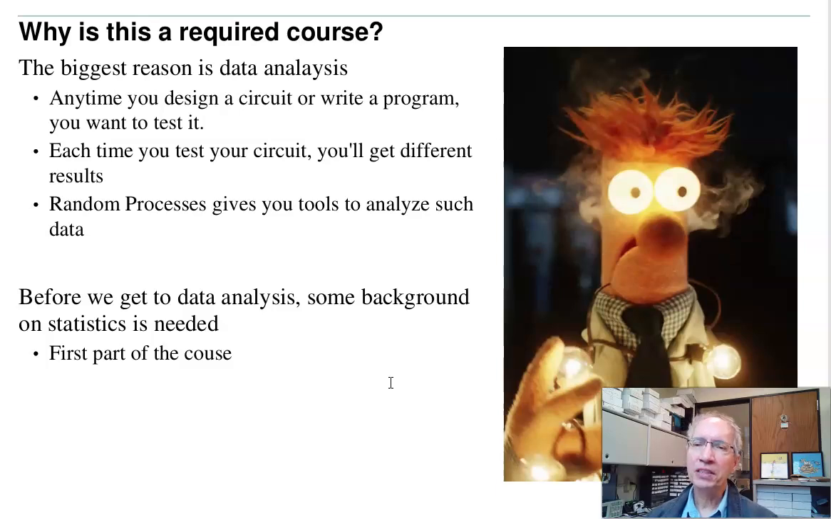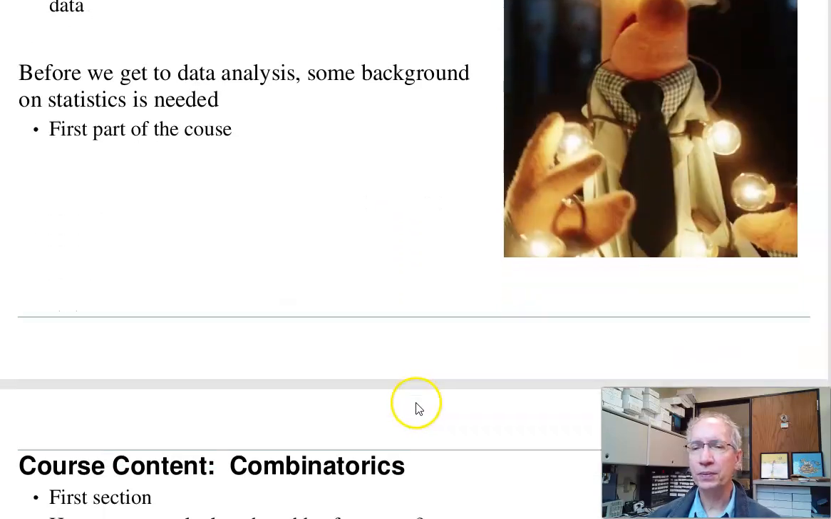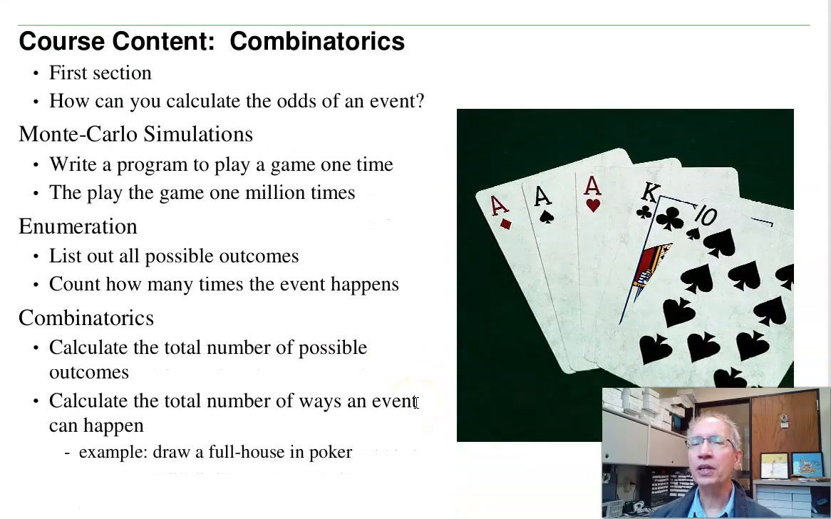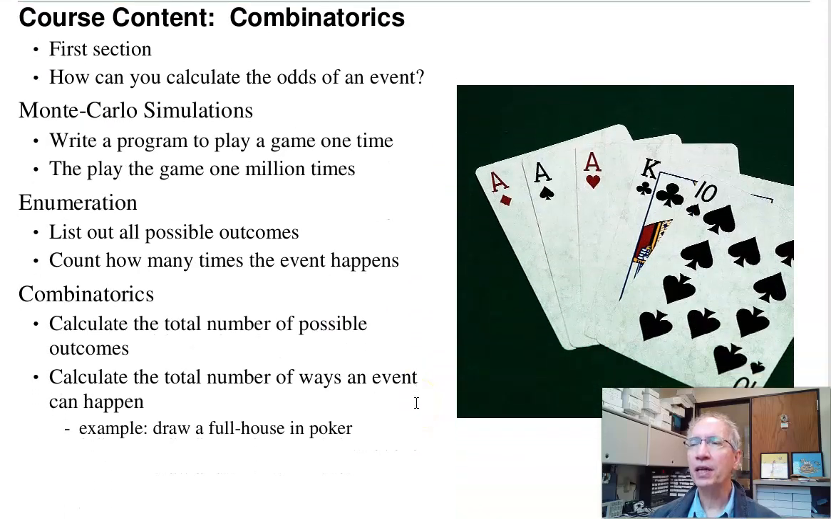And random processes is a tool that lets you analyze such systems. But before we get into data analysis, we need a little bit of background on statistics. That's the first part of the course. So the way the course starts is we're going to look at a thing called Monte Carlo simulations, enumeration, and